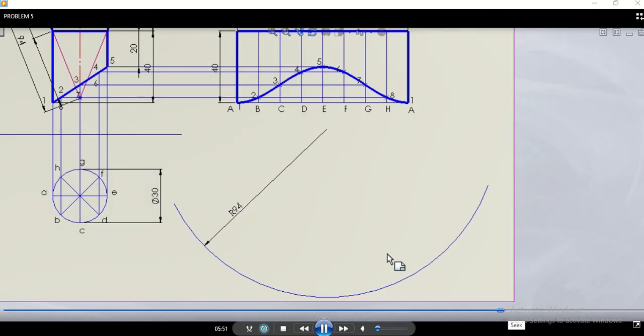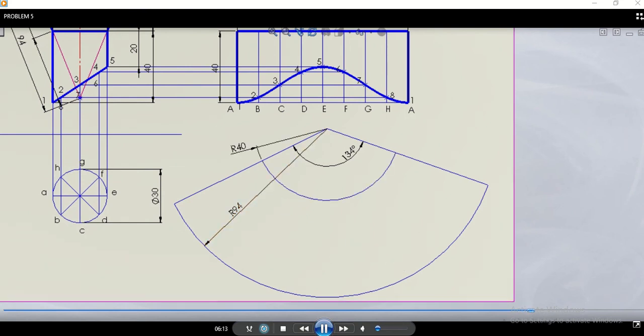As we did in the previous problem, after that you need to cut an arc, that is theta of 134 degrees, by 8 equal parts, so that you are going to get some distance. And one more thing, I think there is no need to draw that because here there is no cutting plane. Straight away we can get the cone.